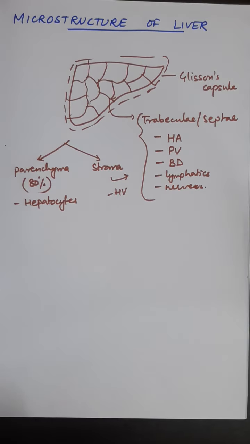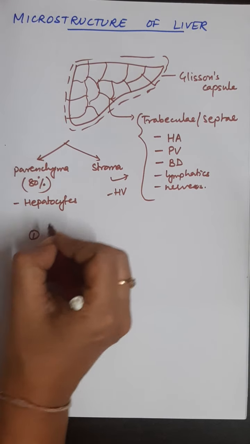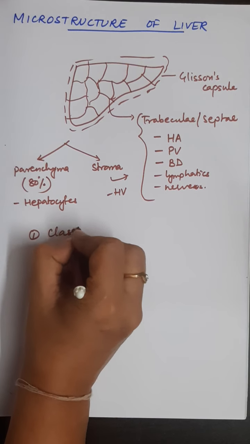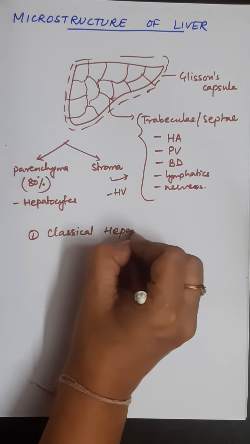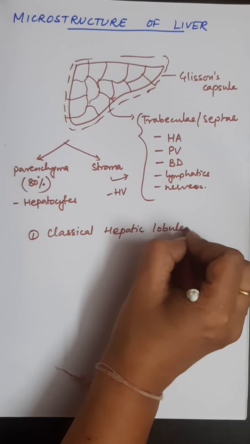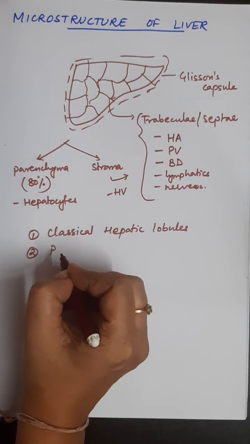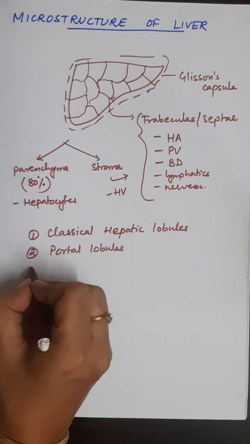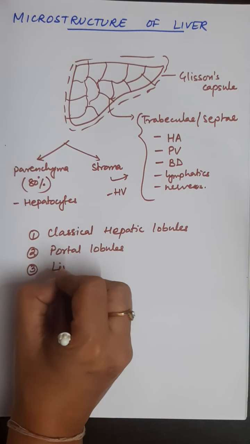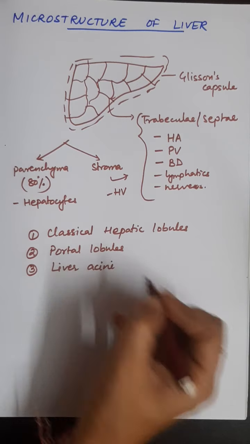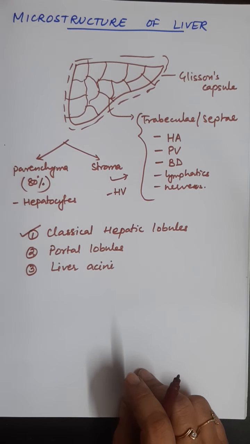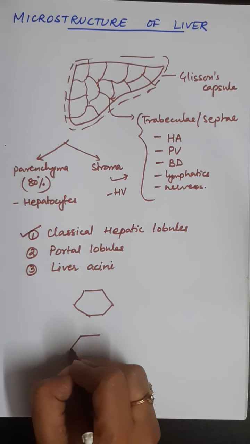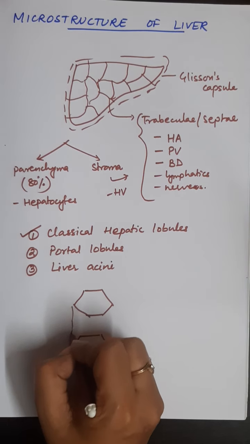Now, for descriptive purpose, the liver inside is divided into a number of classical hepatic lobules. Sometimes in some pathological conditions, the inside is divided into portal lobules. Third way of describing the interior is by means of liver acini. So first let us consider the classical hepatic lobule. A classical hepatic lobule is a hexagonal structure. It is a three-dimensional structure